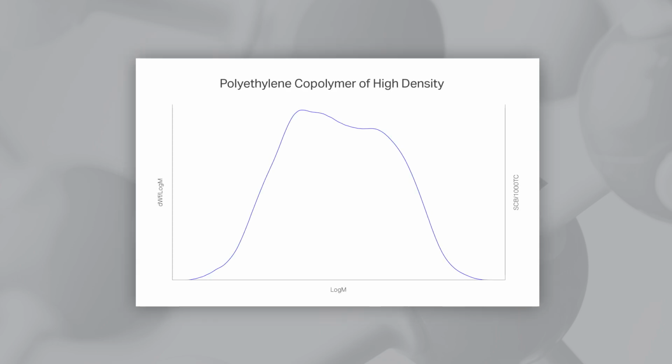There are resins with similar molar mass and the same total amount of comonomer incorporated, but with different composition dependence along the molar mass. This is a polyethylene copolymer of high density used in pipe applications. The molar mass distribution discriminates two peaks, usually obtained in two separate reactors. We observe the presence of a small number of branches increasing with the molar mass, a microstructure in demand for